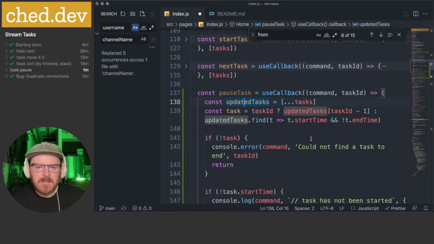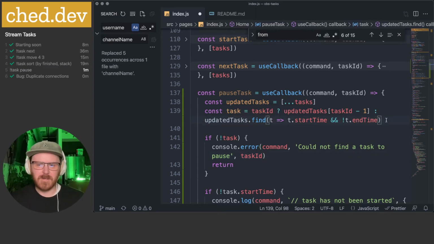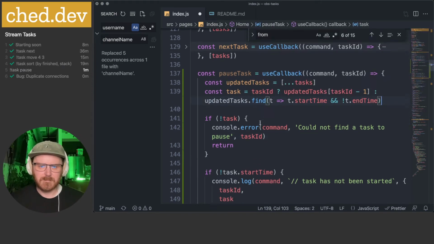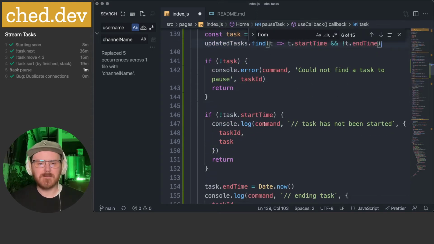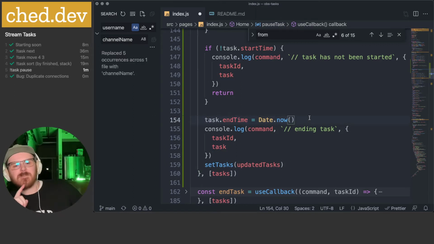If there is a task ID, could not find task to pause. It's going to try to grab that task ID. Otherwise, it's going to find one that has a start time and no end time. The first one it finds. If you try to grab a task that has not been started, it'll just throw you the error. I don't need to set an end time. Oh, the problem with pausing is because